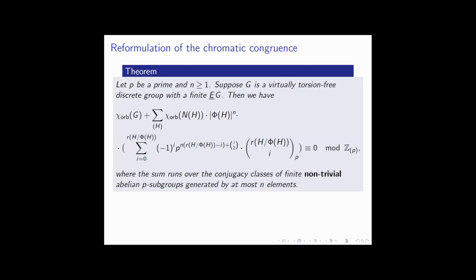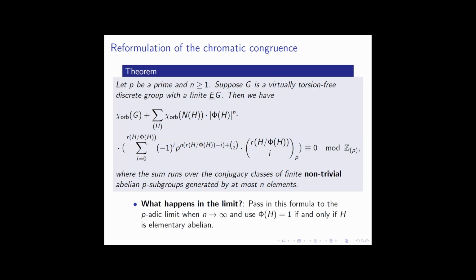Well, that's really good. What does this bring us? First of all, there are some numbers and some funny formulas going on, but that's probably not good enough. So what happens in the limit? We can take n goes to infinity. How do you do that actually? We should do it in the p-adic world, not in the real world, because in the real world it's going to be infinity. But in the p-adic world, a lot of things here will become zero because these are all powers of p. So if you go to the p-adic limit,